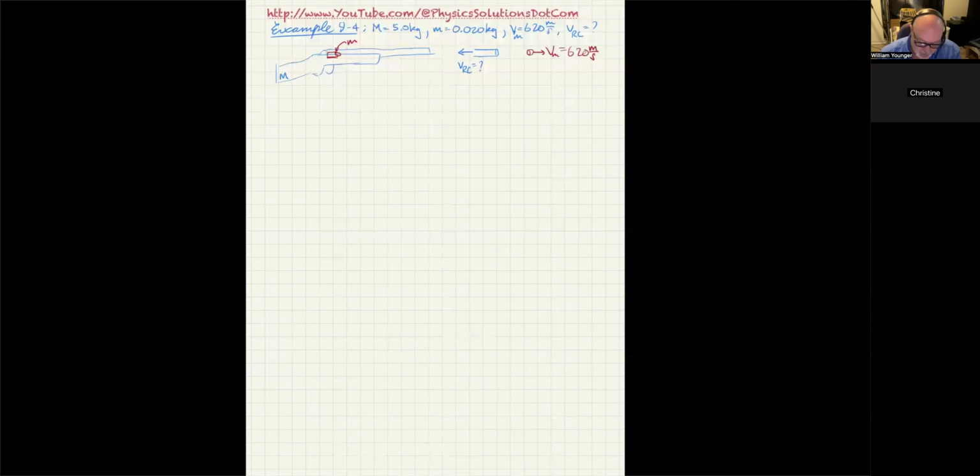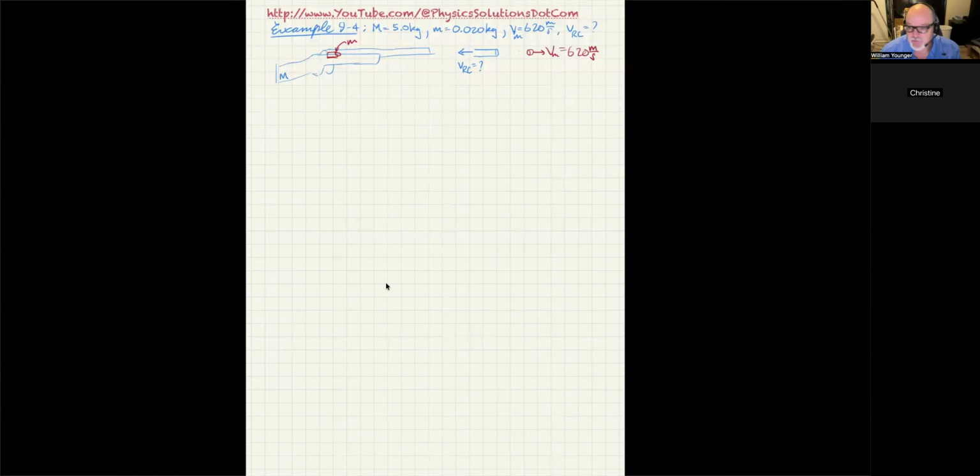I'm going to go ahead and share my screen, and that's my iPad screen. And I've already got the information written out for the first problem that we're attempting to do. Oops, I don't know if I did that. Nope, I did not do that. Oops, there it is. Okay. And the problem we're doing is example 9.4, where a rifle is being fired and you're asked to calculate the